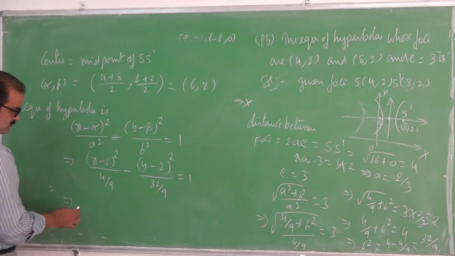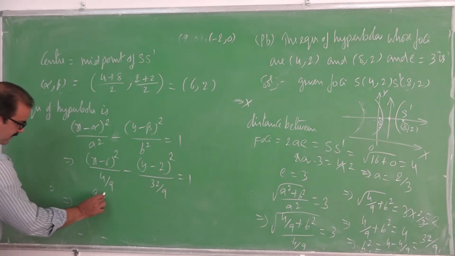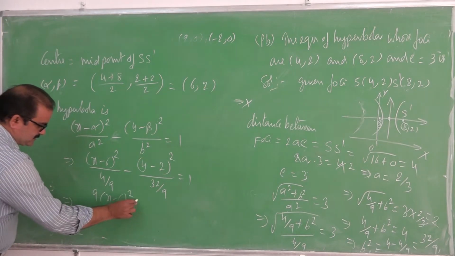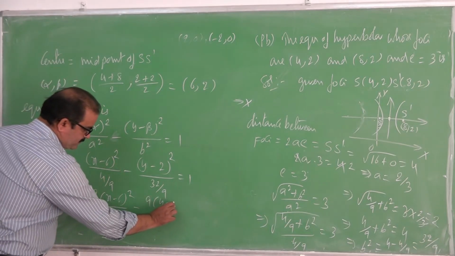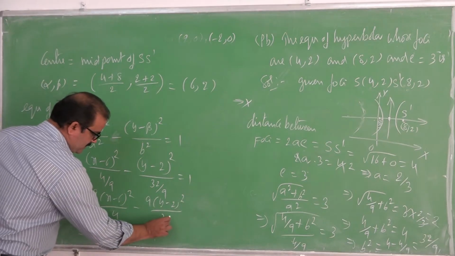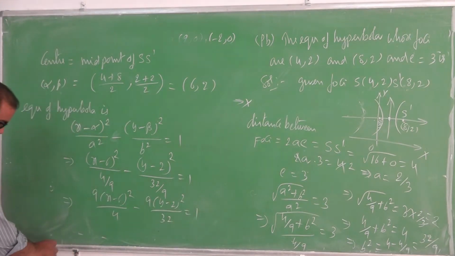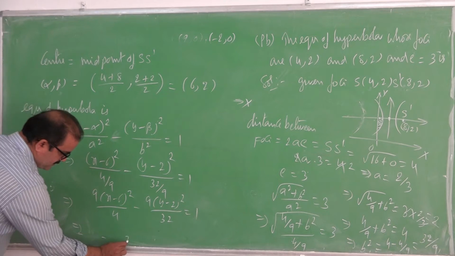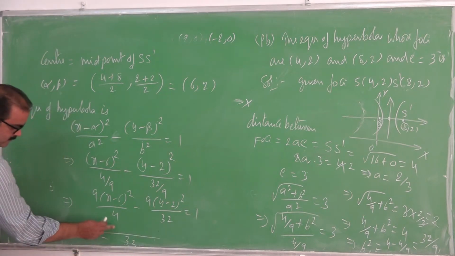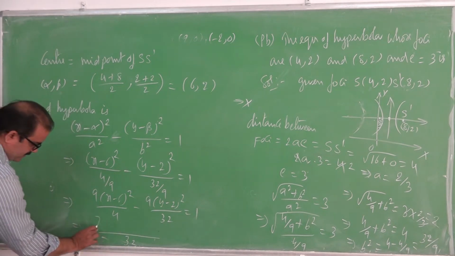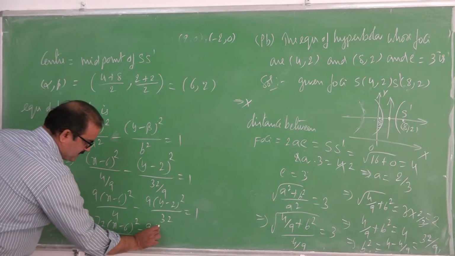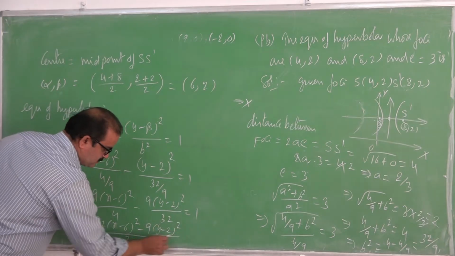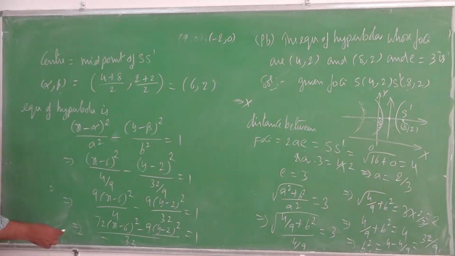This 9 goes to the numerator. 9 into (x minus 6) whole square by 4 minus 9 into (y minus 2) whole square by 32 is equal to 1. Now what is the LCM here? 32. 4 into 8 is 32, and 8 into 9 is 72. So 72 (x minus 6) whole square minus 9 (y minus 2) whole square is equal to 1. Now cross multiply, we get